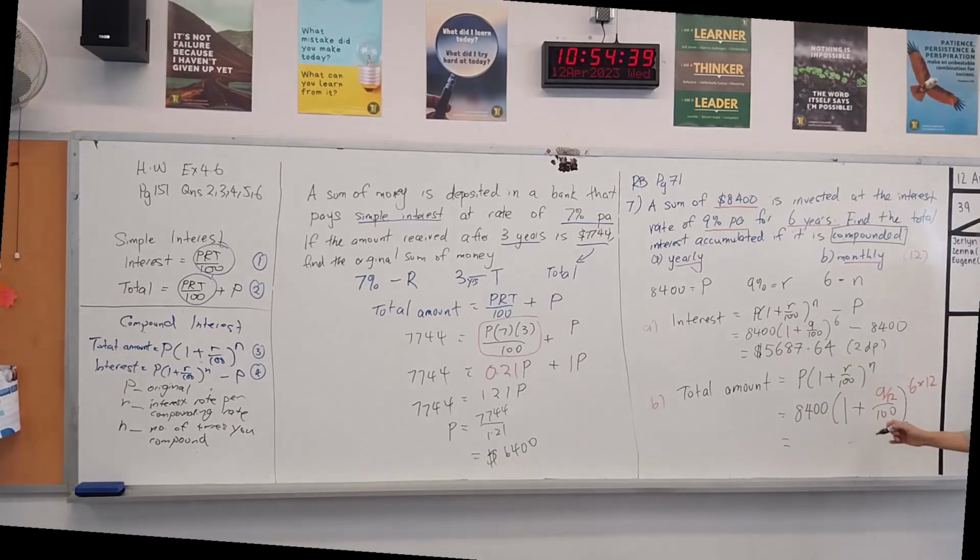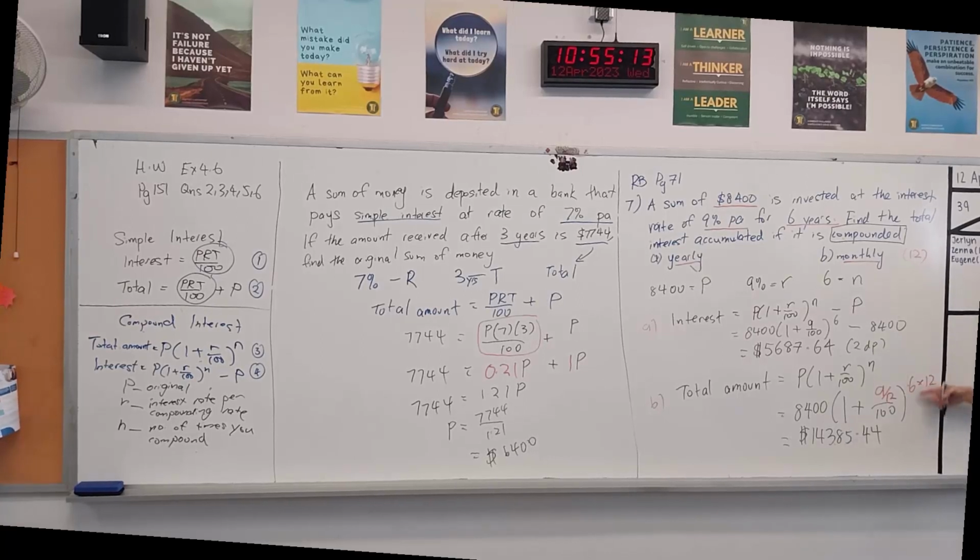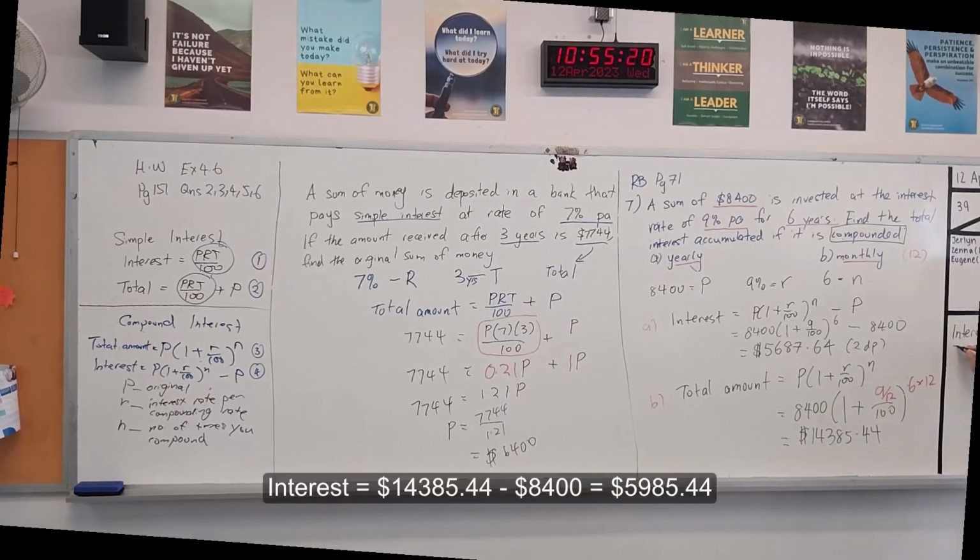How much are we getting? I need your help here. 14,085 and 44 cents. Okay, is this the answer for the question? Is this the answer? Look at the question again. What does the question want you to find? Interest, right? So what must I do here after that? Okay, so the interest will be 14,385.44 minus how much? 8,400, and the final amount will be